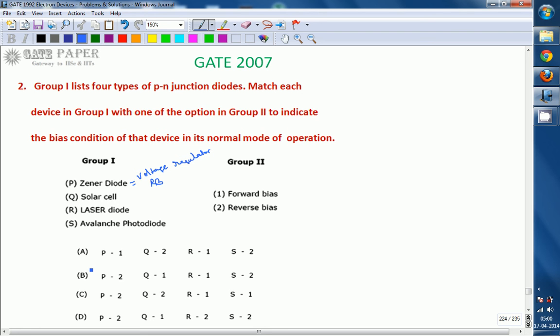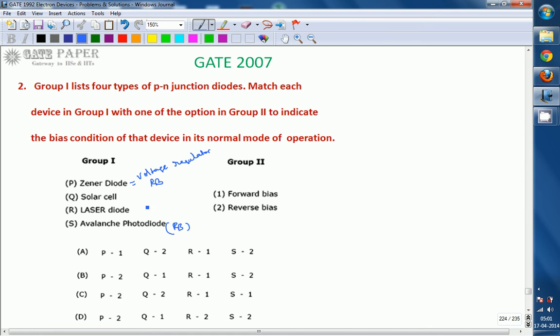Whereas if you think that a photodiode is operating under forward bias, the current flowing through the diode is very large, such that even if light is applied, it doesn't have any effect on the current, because the change in carriers because of light doesn't affect the forward current. Even if it increases by a small amount, that amount is negligible and there is no relationship between forward current and light. So the avalanche photodiode, and all photodiodes, operate under reverse bias.